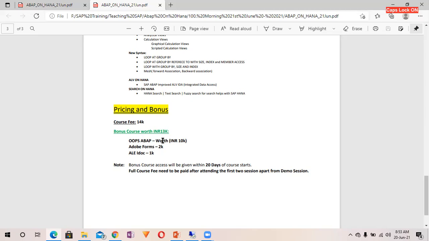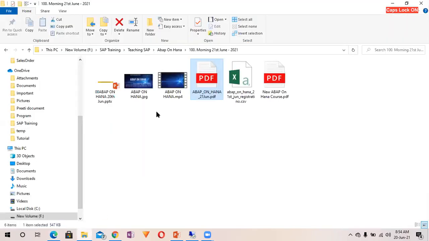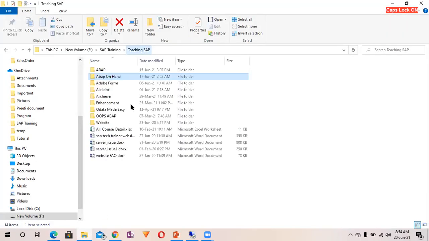Apart from that, there are many other topics like interface, abstract class, then static instance. Whatever fundamentals we have, all of those are covered in much detail. Maybe I can show you over here in just a moment.